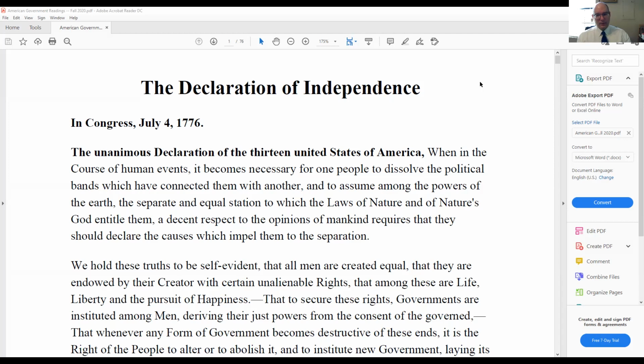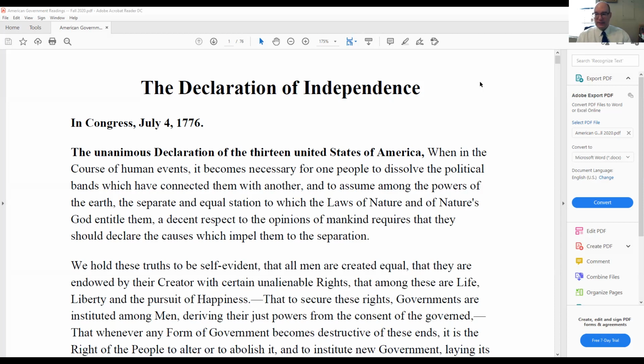It's not the Constitution, which comes 13 years later, whatever it is, 12 years, 11, whatever it is, comes later, okay? So the Declaration of Independence has no actual legal status in the United States today, okay? It's still the Declaration of Independence, but it is in no way the Constitution. It doesn't have any real legal status. It's not legally binding. So the fact that a statement or an idea may be in the Declaration of Independence doesn't mean that it is legally binding on the government or anything else like that.